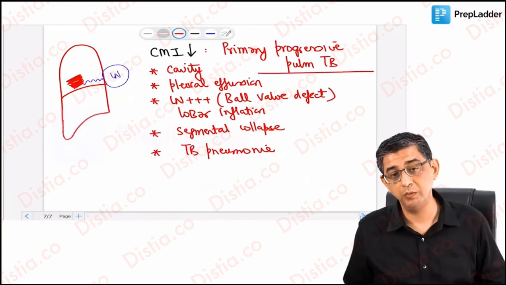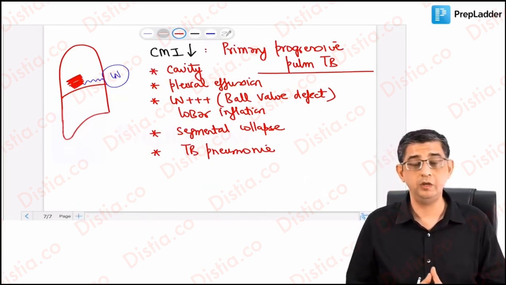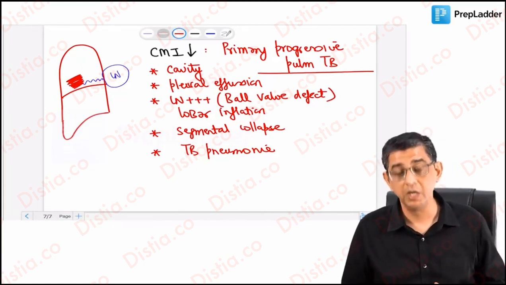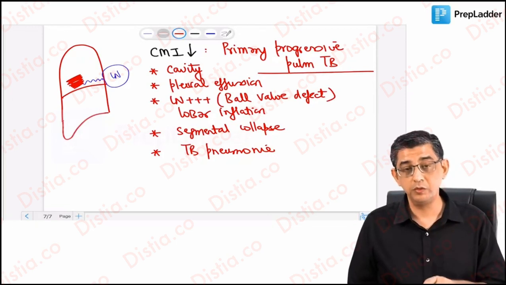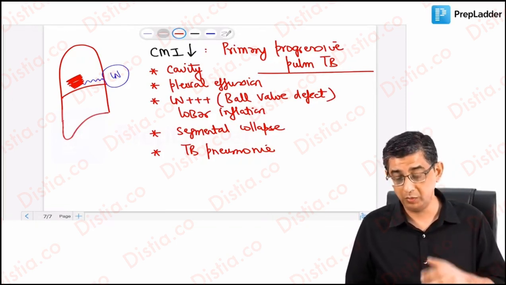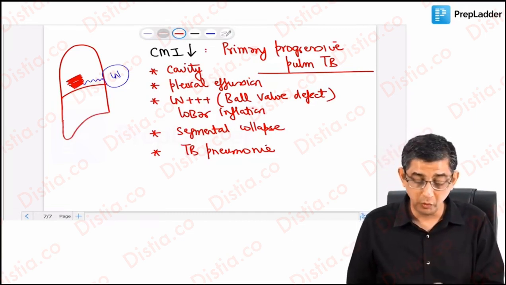If a person has poor immunity, then any of the 5 manifestations can occur, and most of the time in clinical practice you will encounter pleural effusion developing even in primary tuberculosis. I have today taught you pleural effusion developing both ways. It will obviously occur in secondary TB, no doubt about it, but even in primary tuberculosis there can be a possibility of development of pleural effusion,